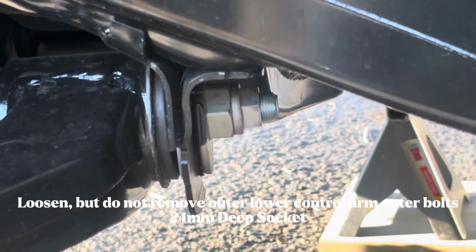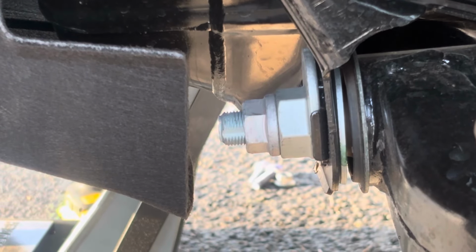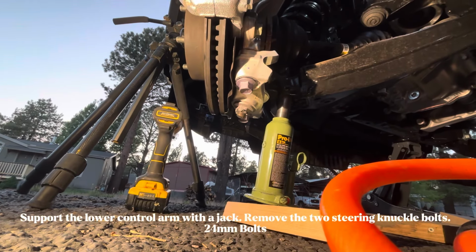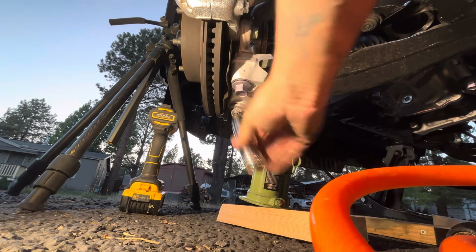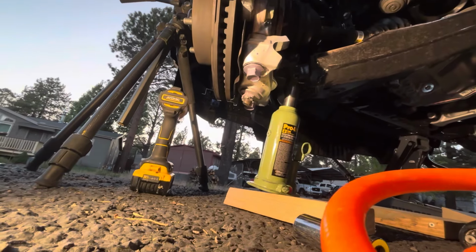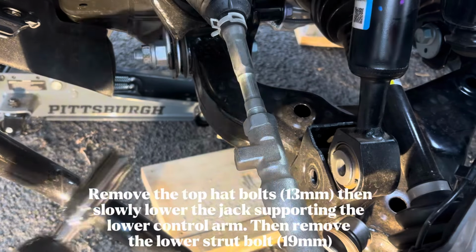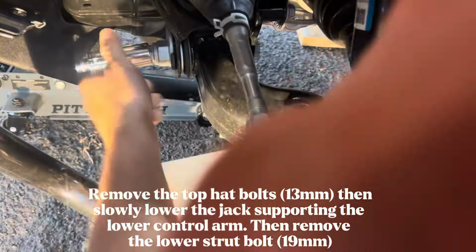Use a breaker bar to loosen but not remove the lower control arm bolts. Use a jack to support the lower control arm and use a 24mm socket to remove the 2 steering knuckle bolts. Once your knuckle bolts are loose, you're going to want to loosen the 13mm bolts on the top hat